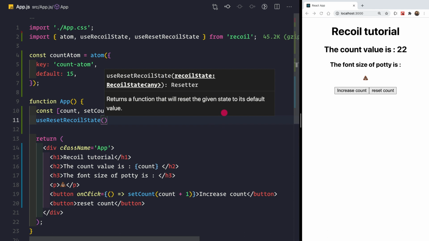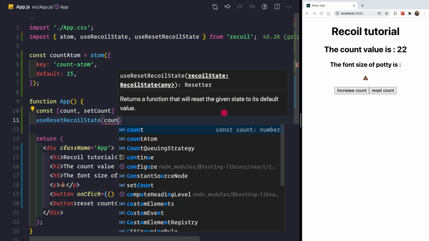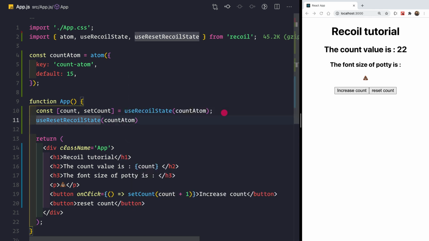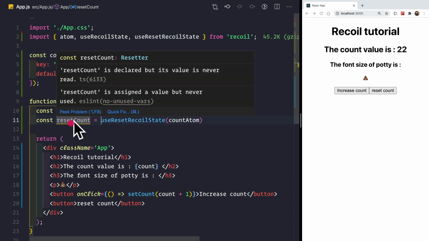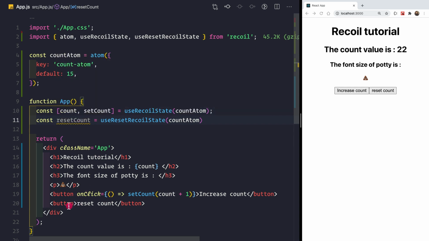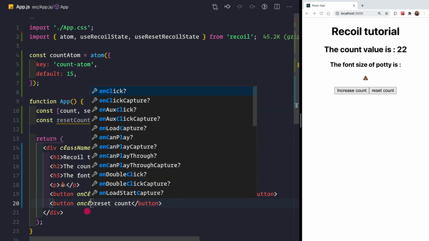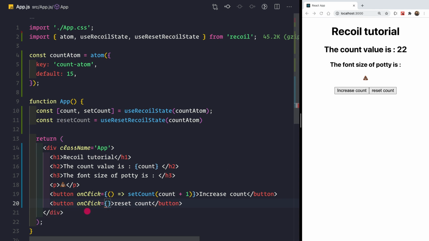We need to pass in count atom, since we want to reset the state of the count atom. Now what it returns is a function to reset the count. So let's call that function reset count, like this. Now we can pass this function inside the onClick event of this button. So we can say onClick should be equal to reset count, simply like this.